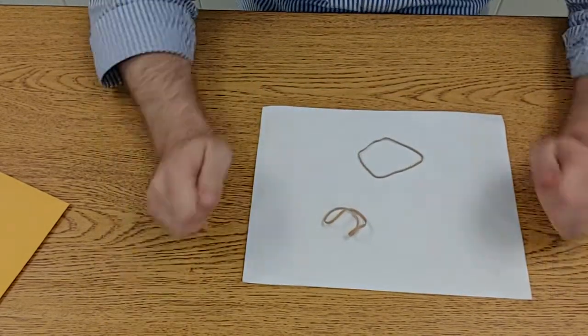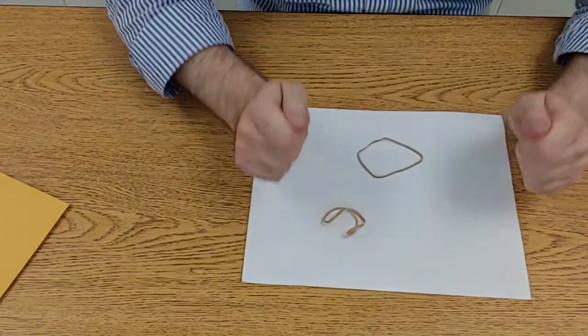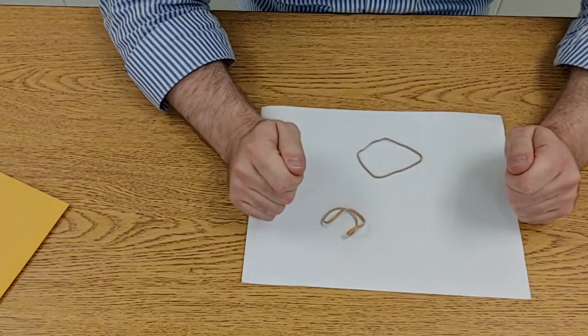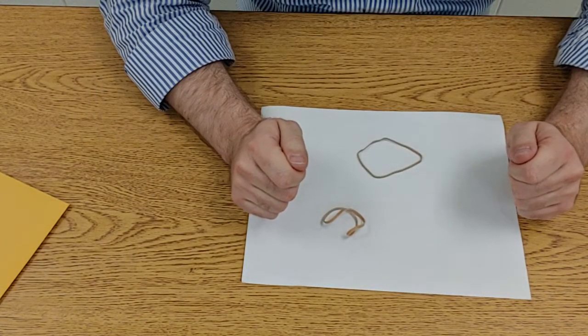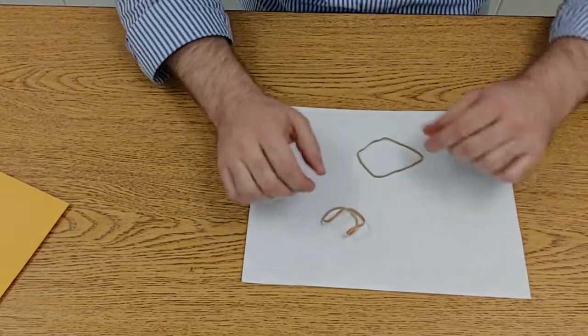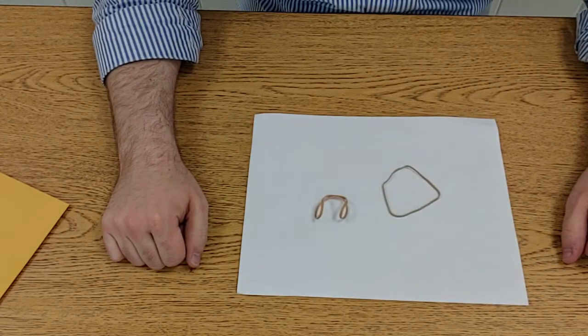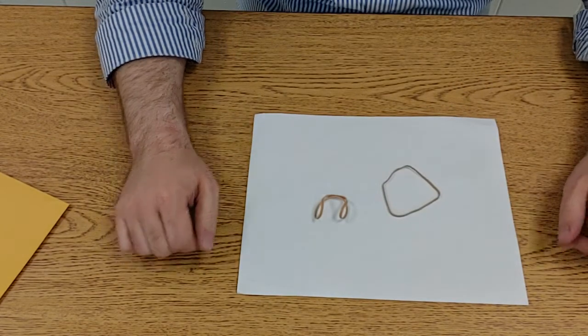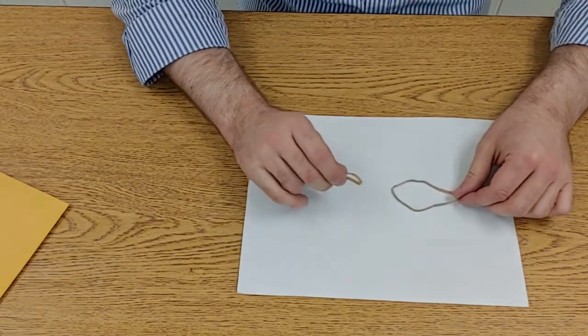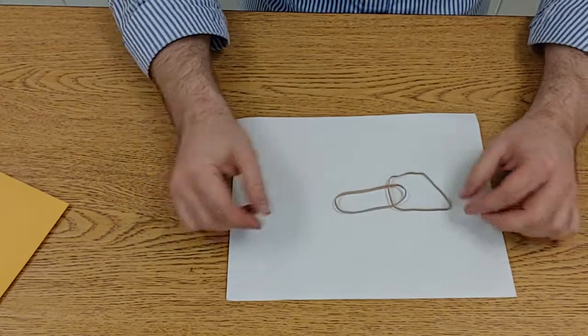The thing is, what we would like to do is actually have your two hands pull on each other. And if both of your hands are pulling on each other, that means we actually need a scale, a force measuring device for each one of your hands, which is why we have two rubber bands. And your hands are going to be pulling on each other, which means that we need to attach the rubber bands to each other. And so the easiest way to do this,